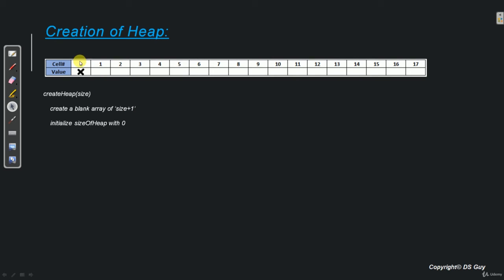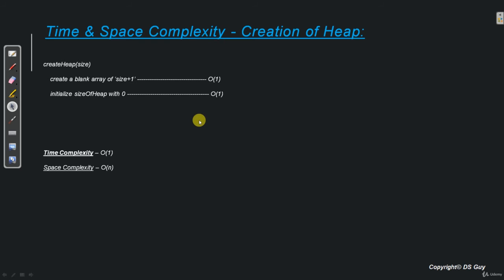Because the 0th cell in the array we are never going to use. Now if we see the time and space complexity, it is order of 1, because we are just creating a blank array and initializing a variable, nothing more than that. Space complexity is order of n, because the array size is n, so we need order of n space.